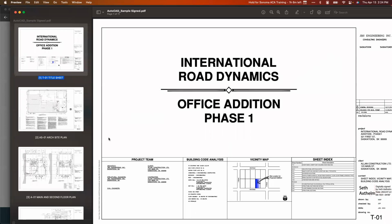And then for any plans that are submitted, we're going to pull apart all the pages in any files containing plans into the individual sheets. Then we're going to use an automated sheet number identification process to identify the sheet numbers for each individual sheet, and we're going to use that sheet number to uniquely identify each sheet. We do this because from this point going forward, we are going to version plans at the page level, or at the sheet level, using that sheet number. What that allows us to do is, if there are any plan review comments that we need to address,